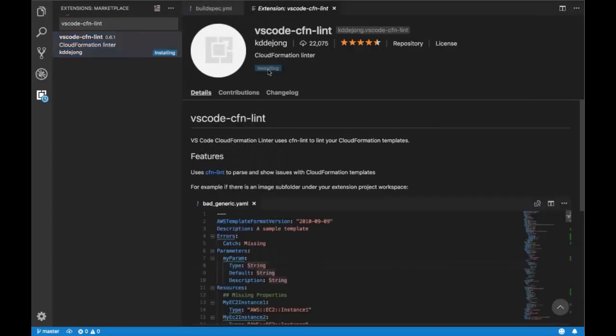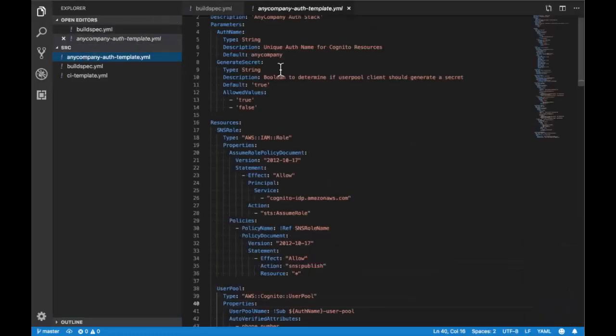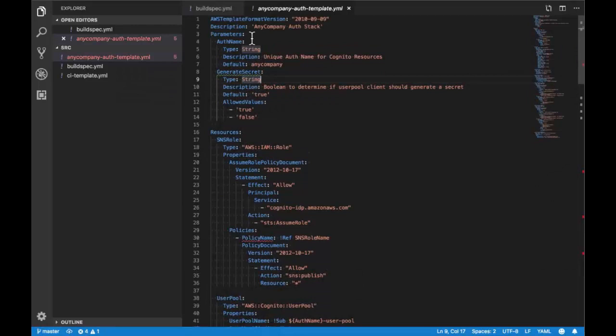Great. It was made by some of our AWS folks. It's an open source project, so if you want to see more, or want to introduce more rules, please feel free to join us on GitHub. So we've created this CFN lint. It's going to take a look at our template,